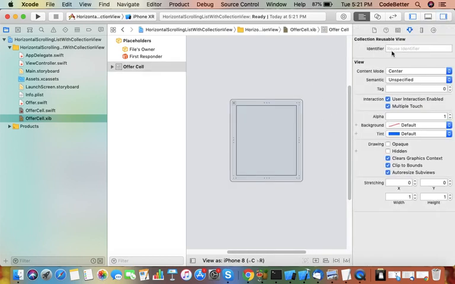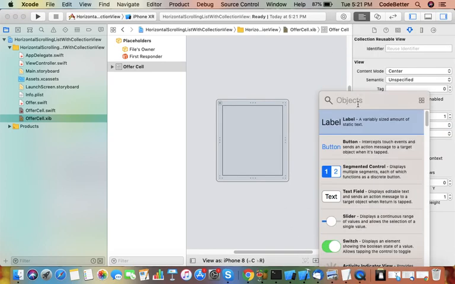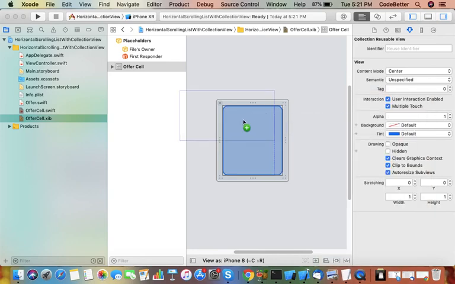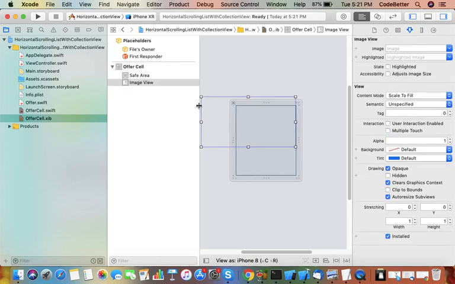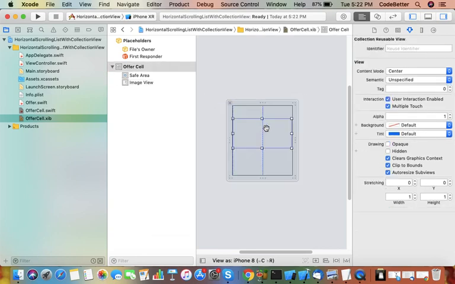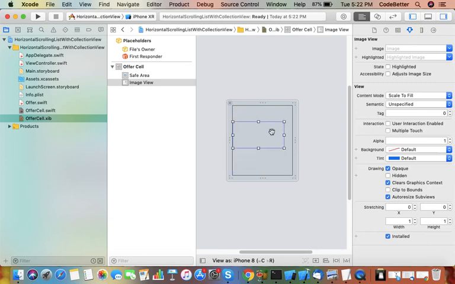We can put any user interface on this file, but we want to display only an image, so we can use an image view. You can put the image view inside it, and let's add some default image on it.